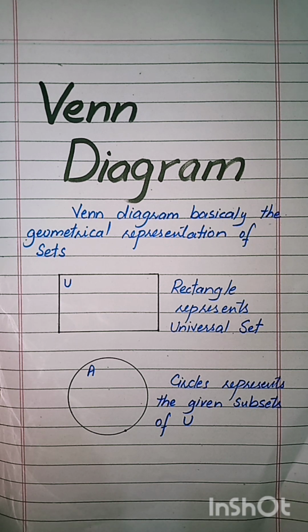Similarly, the next figure is the circle. So the circle represents in the Venn diagram the given subsets. Like in any question, U set is given, so U is the universal set, and next the sets given, which are A and B. So A and B are represented with the help of circles, and also A and B are the subsets of the universal set. So now we have to start our exercise number